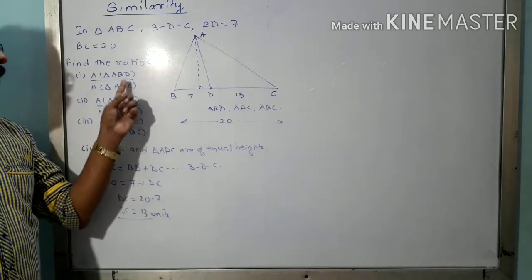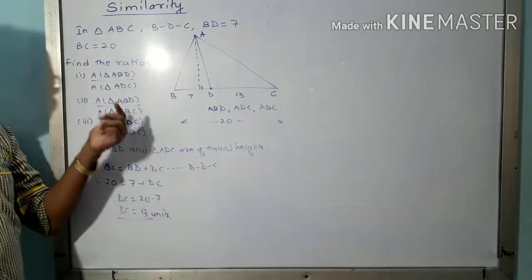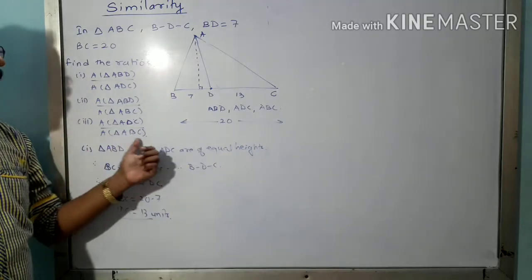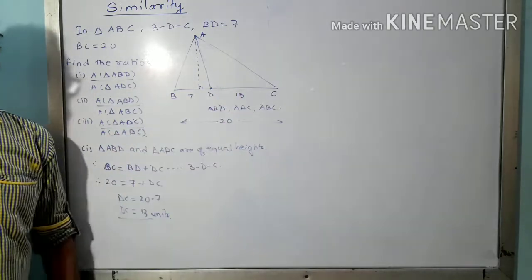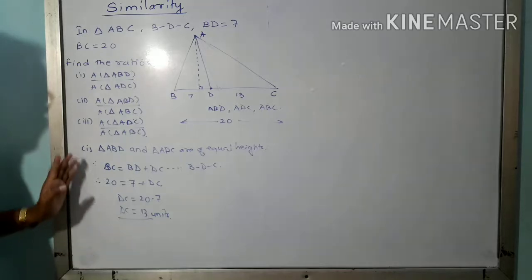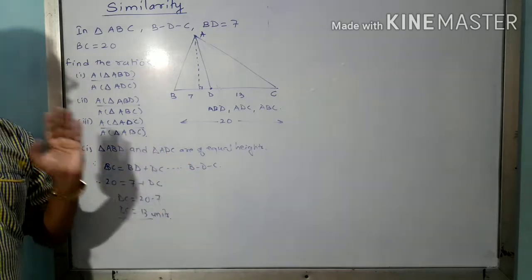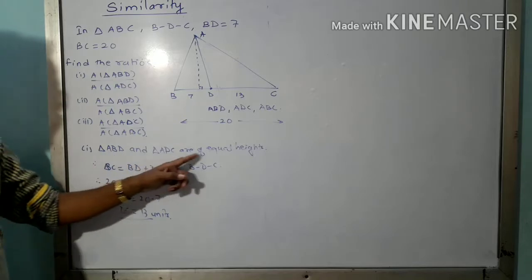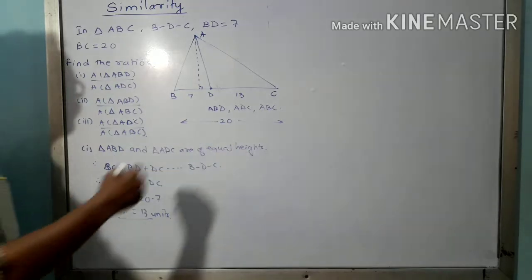ABD upon ADC is 7 upon 13, ABD upon ABC is 7 upon 20, ADC upon ABC is 13 upon 20. That is the ratio we obtained, but we need to write it down properly now. Okay, so what can we write? Triangle ABD and triangle ADC are of equal height. Therefore,